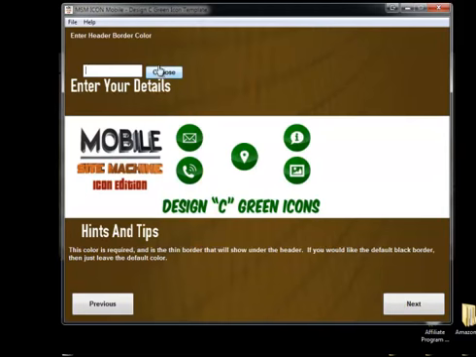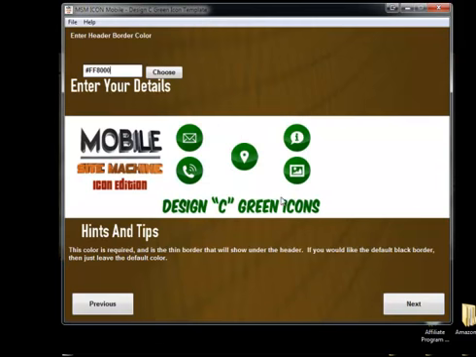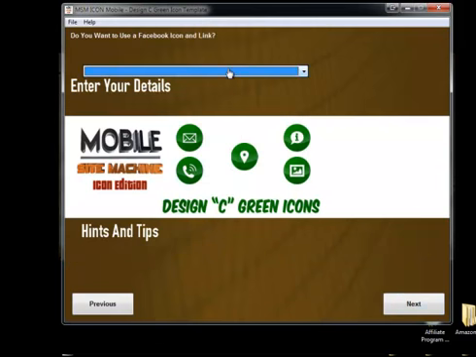All right, and then we have a header border color, so let me go with something orange. I'm just kind of testing this out, so we'll see what it looks like. You can insert your Facebook link. You can choose whether you want a Twitter icon or not if your client has that set up. Okay, so you got 2 social media icons, and then enter the URL for this mobile